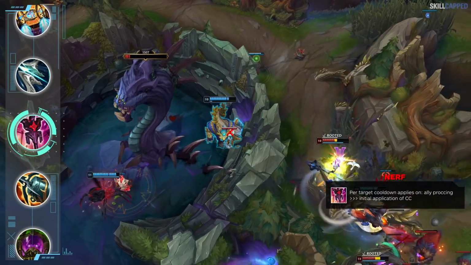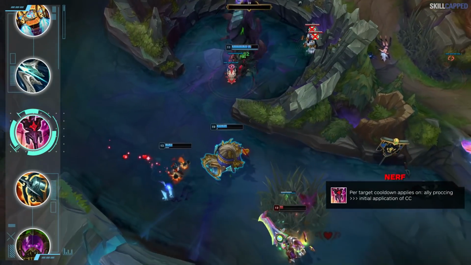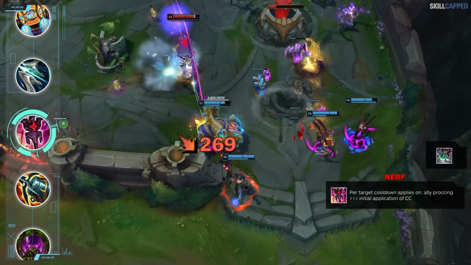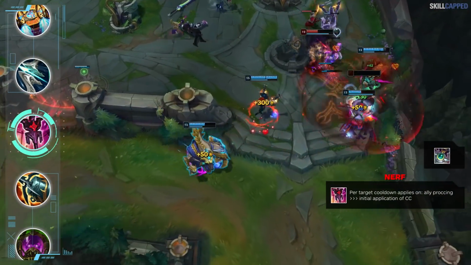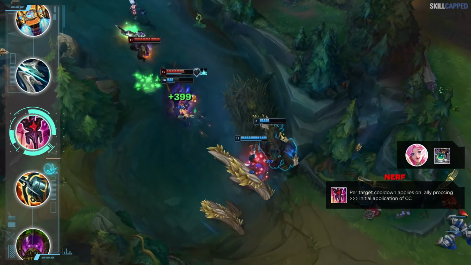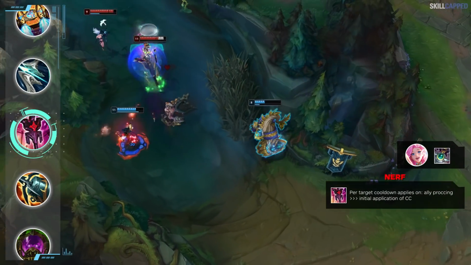Imperial Mandate has received a nerf, as the per-target cooldown on the passive will now apply on initial application of CC, instead of when an ally procs it. Champions who perform well with both Mandate and Moonstone will now swap over to prioritizing Moonstone for most games. Seraphine, for example, already wins more with Moonstone before this nerf to Mandate,